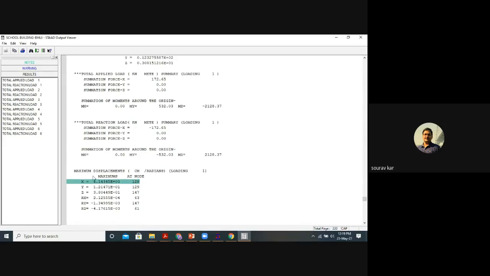So maximum displacement, if you see under this earthquake, maximum displacement along x direction, at which node, they have shown that, okay.